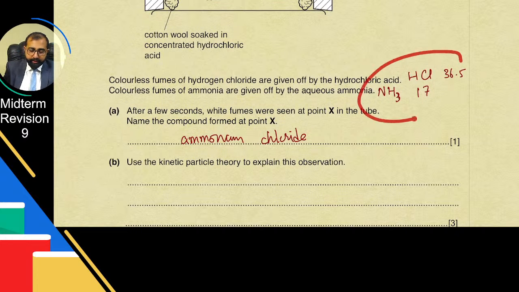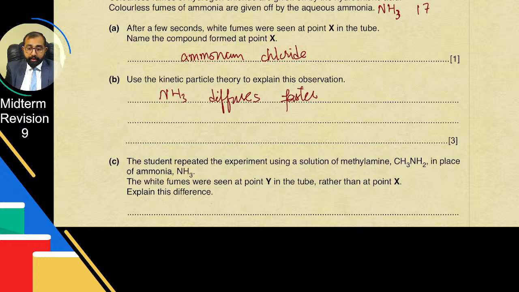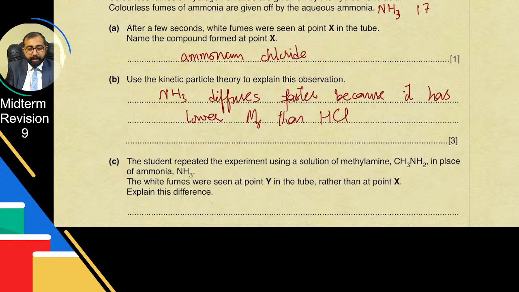And why is that? Clearly that is because of the MR. So we'll say that ammonia molecules diffuse faster because it has lower MR than HCl. Now the reason I'm comparing this is because मुझे ये बताना है कि X पे आने